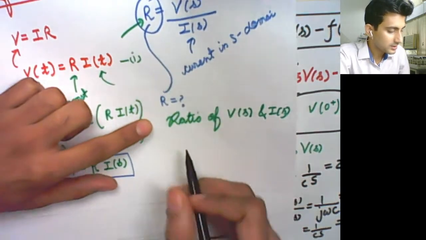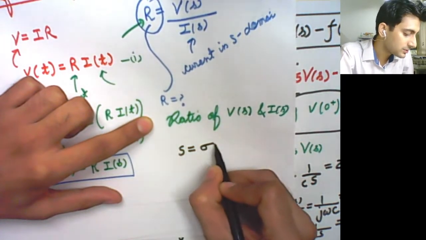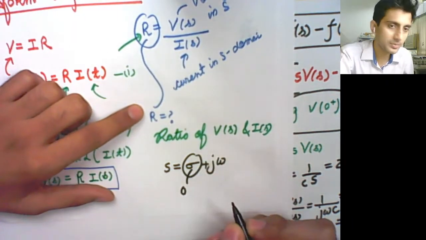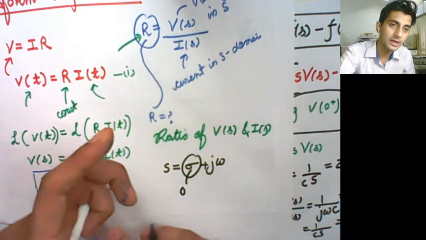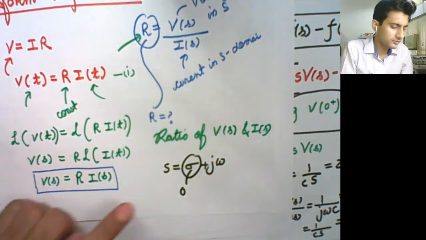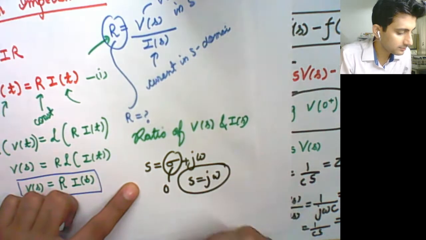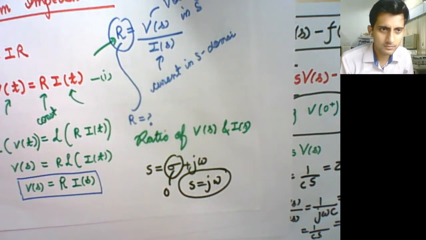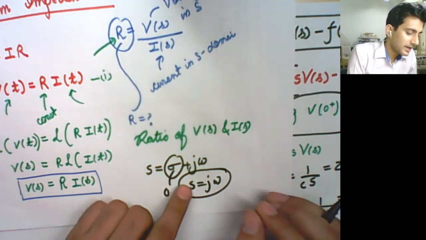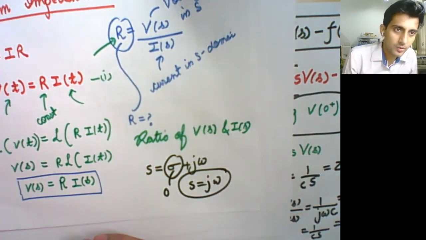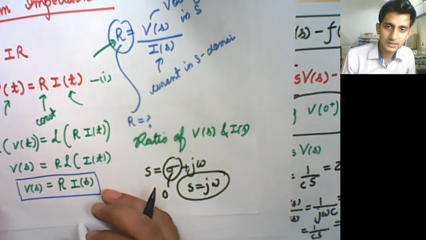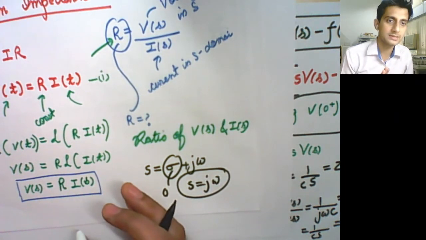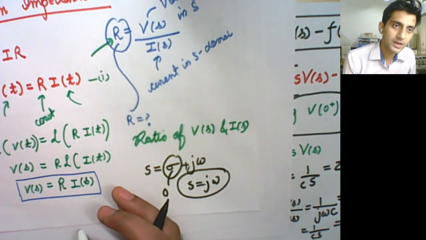You're perfect. So we wrote that S is equals to sigma plus j omega. But as of now, this real part is also we are considering to be equals to 0 because its contribution is in decaying circuits. We will study it later. As of now, you only consider that S equals to j omega. Only pure oscillating terms, no sigma terms. Okay? And only for S equals to j omega terms we have written and we have been doing all these things. And until your unit 4 is finished, S is equals to j omega only will remain for you. It will not be anything else. So in all cases you will consider sigma to be equals to 0.